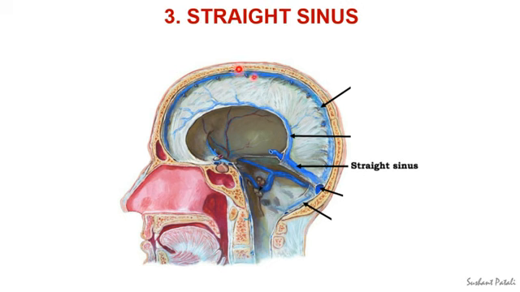The third unpaired dural venous sinus is the straight sinus. It is situated within the junction of the falx cerebri and the tentorium cerebelli. So this sinus begins as a continuation of the inferior sagittal sinus, and it passes backwards and downwards and finally terminates usually into the left transverse sinus. Its terminal part is also connected with the confluence of the sinuses. So remember, the superior sagittal sinus turns to the right and becomes continuous with the right transverse sinus. The straight sinus turns lateralward and becomes continuous with the left transverse sinus.